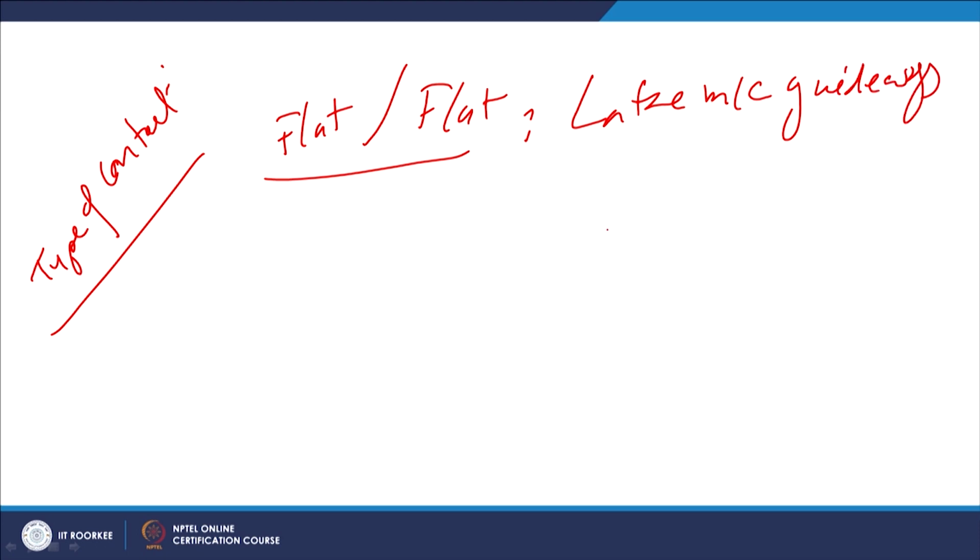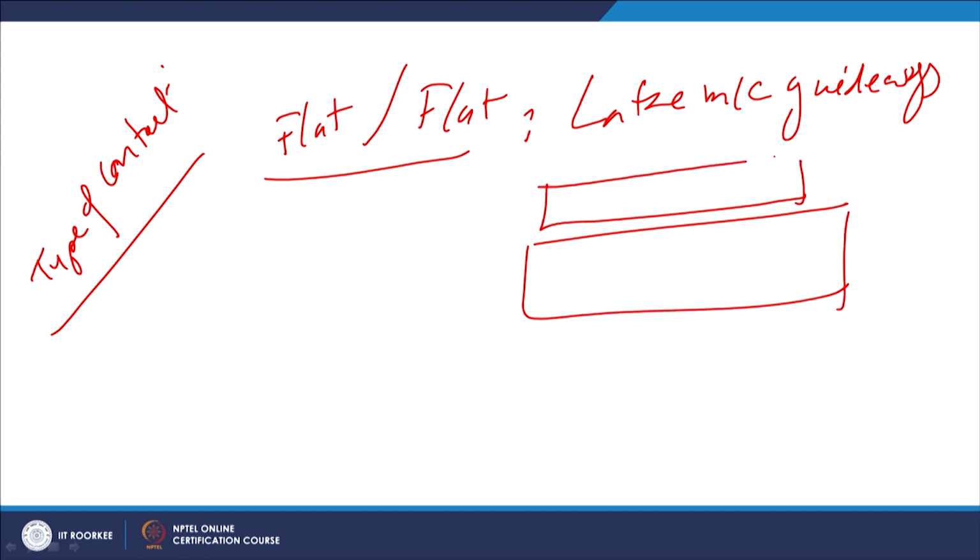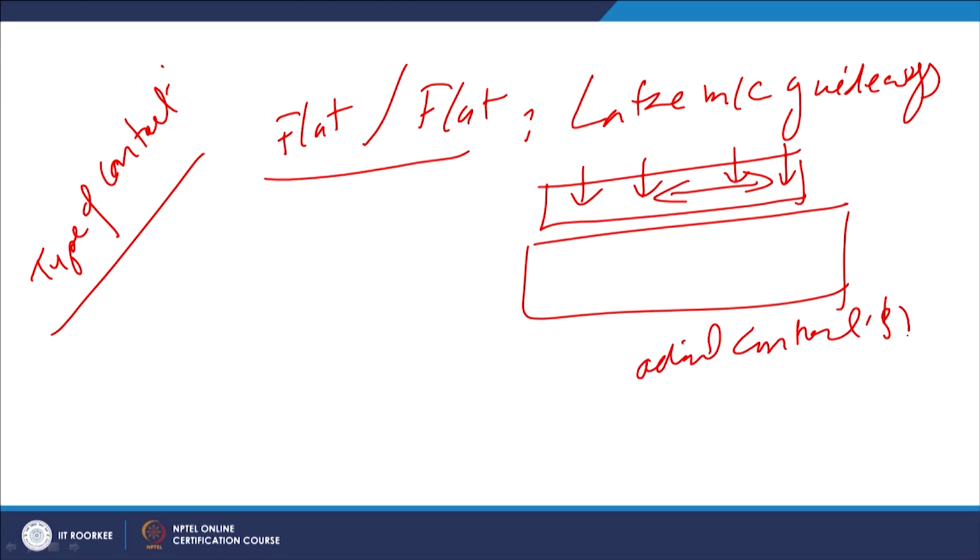So, in this case one flat surface is having the movement over another surface. So, back and forth movement takes place in this particular case. So, this is one where the entire load is transferred through the interface over a larger area. So, actual contact stresses in this case are very less as compared to the case when the other types of